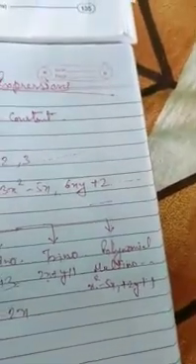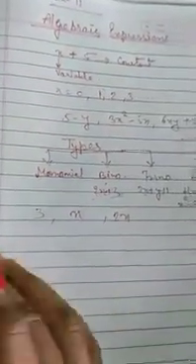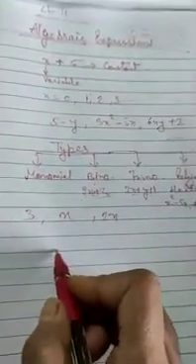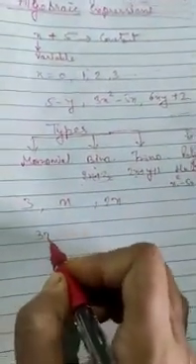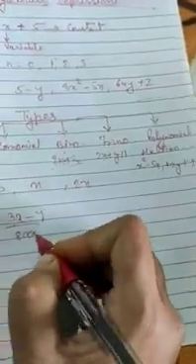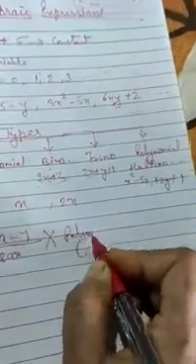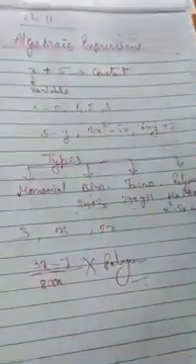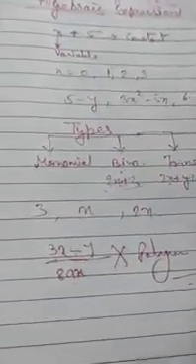An algebraic expression of a certain form does not form a polynomial. Which expression does not form a polynomial? If the degree is negative. Suppose I have written like this: 3x minus y divided by 8ax. So you can see this is not a polynomial, children. This type of expression does not form a polynomial, remember.